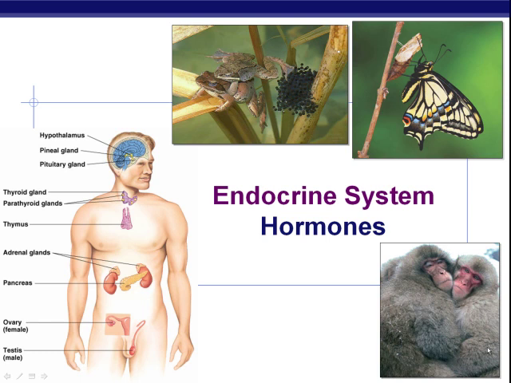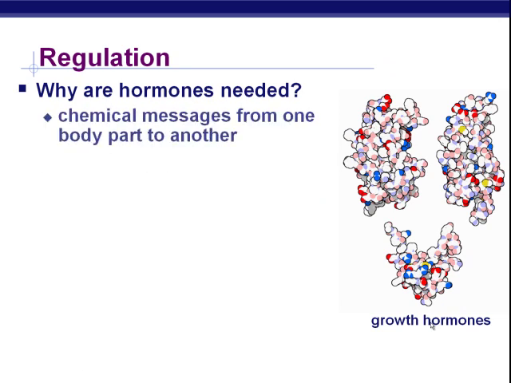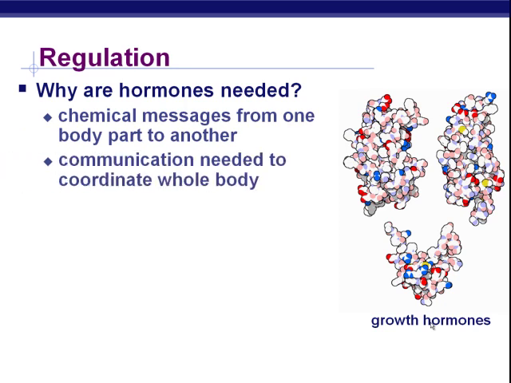So one part of your body is secreting these hormones in order to tell another part of your body it's time to do something, and to have an effect on another part of your body. Okay, so hormones are needed because they carry messages from one body part to another. And this is more of a coordination of big processes, for example, growth, or maintaining homeostasis with regard to some aspect.